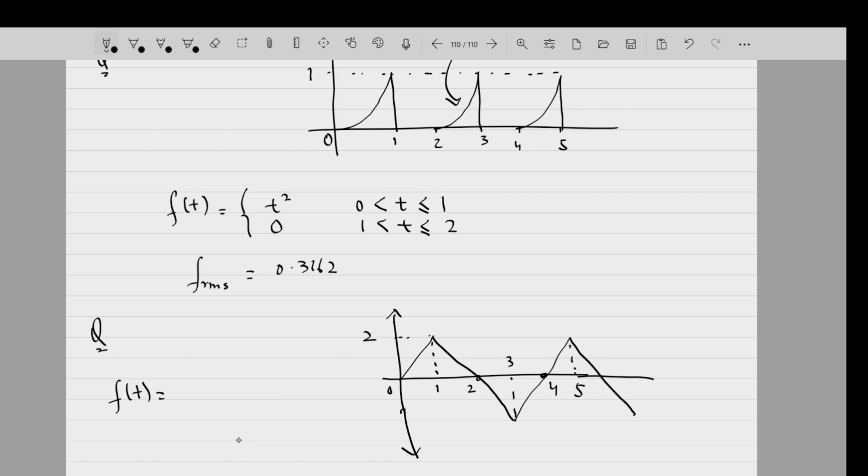सर मतलब इसे तोड़ के करेंगे ना, 0 से 1 तक करेंगे मतलब 2t, और 1 से 3 तक करेंगे माइनस के 2t। 0 to 1 it is 2t, ठीक है। और 1 से लेके 3 तक करेंगे इसका माइनस का 2t, और 3 से 4 करेंगे 2t फिर दोबारा से। माइनस 2t नहीं है, 2 minus 2t. 3 से 4 क्या है? 2t माइनस 4 सर। सॉरी सर, माइनस 2 प्लस 2t।